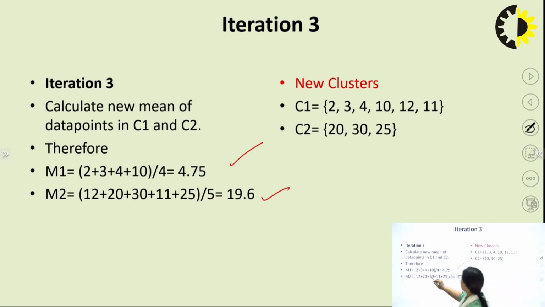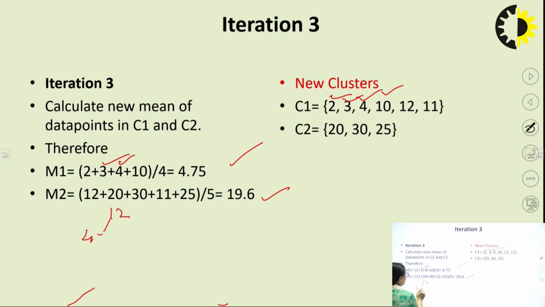So let's check for 2 is closer to 4.75 or 19.6. No doubt 2 is still closer to C1. 3 is still closer. 4 is still closer to 4.75, and 10 is closer to 4.75. So we get 10 over here. And then let's check for the rest of the elements. 12. So now we compare 12 with whether it is closer to 4.75 or 19.6. So we will see that 12 is closer to